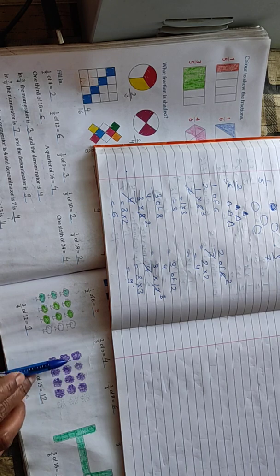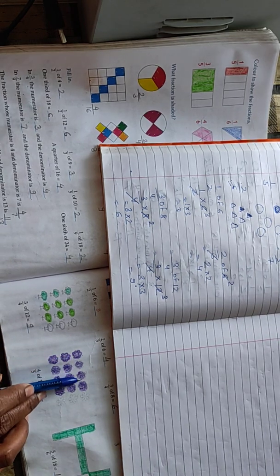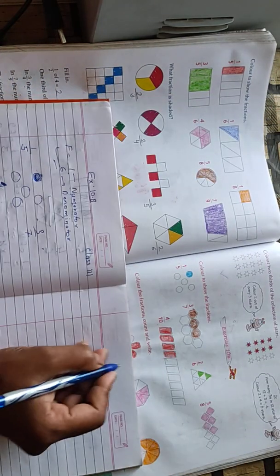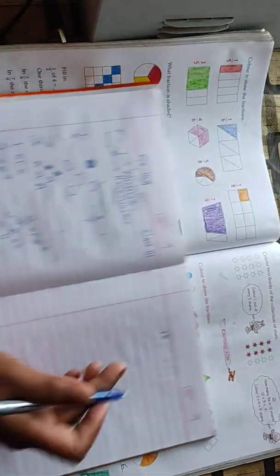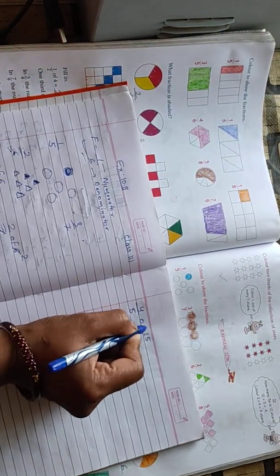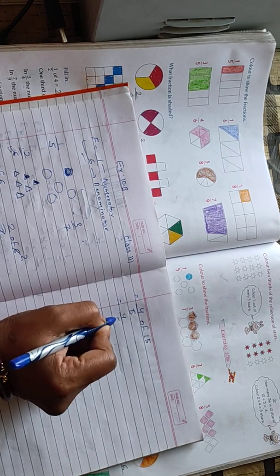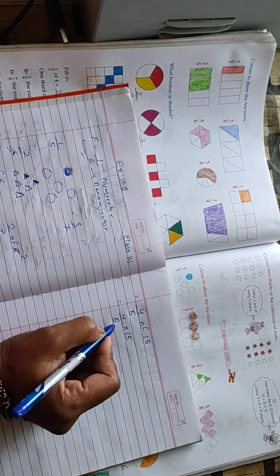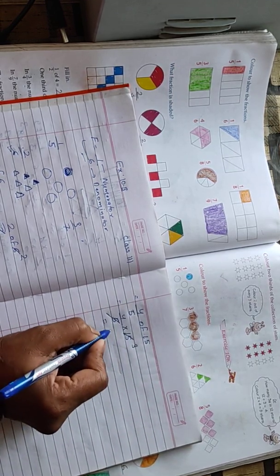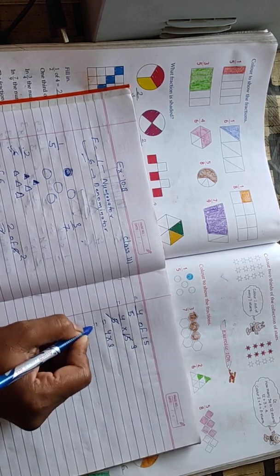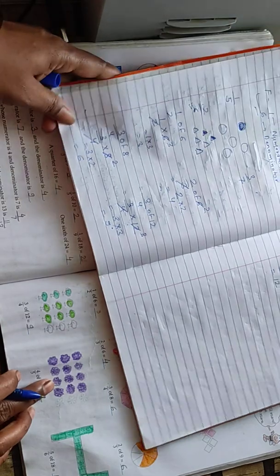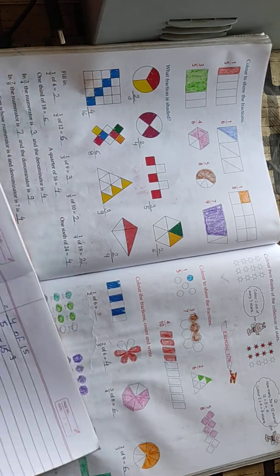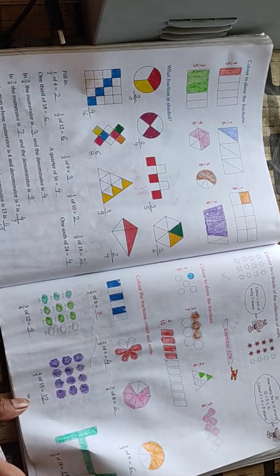Okay. Now here it's given, how many flowers are there in total? 1, 2, 3, 4, 5, 6, 7, 8, 9, 10, 11, 12, 13, 14, 15. Total 15 flowers are there. So 4 by 5 of 15. Put a multiplication sign and 15. Now 15 in 5's table, 5 3s are 15. So 4, multiplication sign, 3, that is 12. So out of these 15 flowers, 12 flowers are to be shaded here. In this way you have to color the fraction and find out the correct fraction.